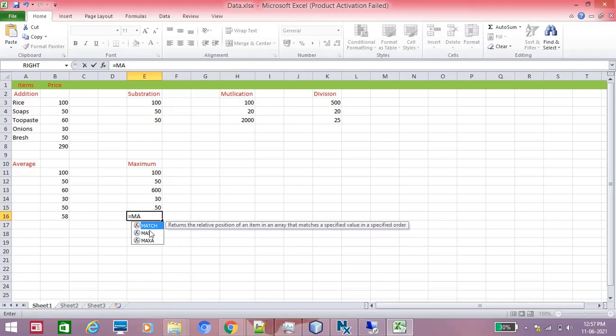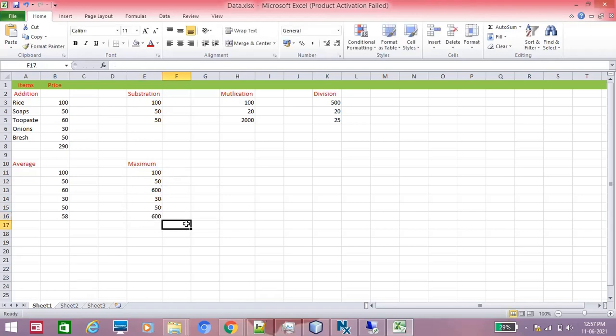Just select MAX, open bracket, select the first row and last row, close the bracket, enter. So here the maximum value is 600, so we entered 600 here. This is the maximum value, and with the help of the formula we also got the maximum value.